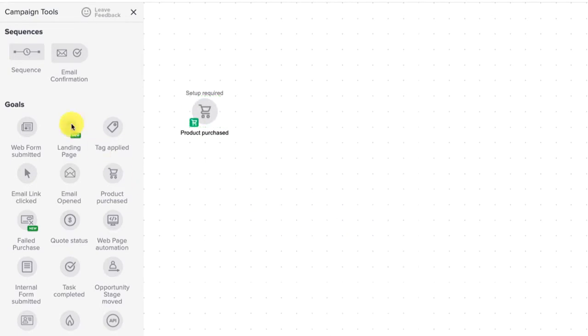And then after the goal, you'll have a sequence. And that sequence is where you will build any actions that need to automatically happen in order to fulfill on that purchase, right? And the reason I start with this campaign is because I feel like this is where a lot of businesses have the most opportunity, is to clean up and streamline their fulfillment process to make sure that it is happening in a way that you designed, in a way that you intended, and is producing consistently positive